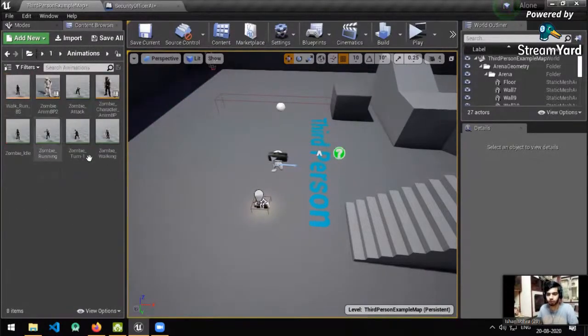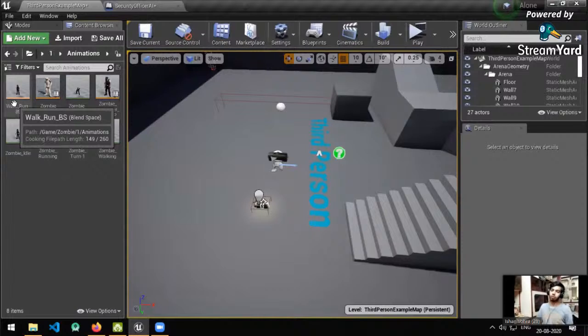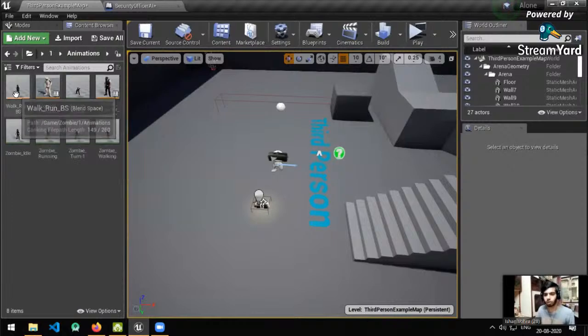Call this walk run underscore bs, the same that we did in the character folder, right? Just save it in the different folder, not in the same folder where you have all the animations of your player character. Keep everything organized when you're working in a big project or a little bit complex project or even a simple project. Just keep everything organized in different folders so that you can reach a particular asset swiftly. Okay, so select this,